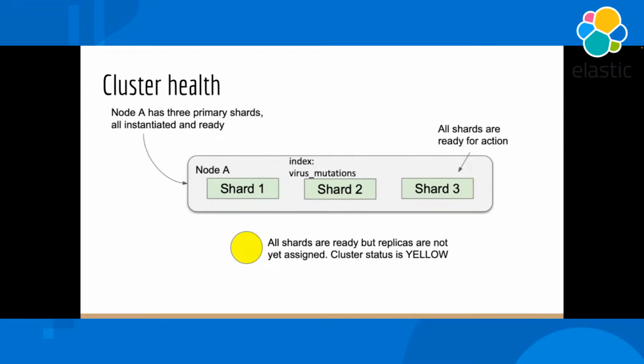Now let's suppose shard 3 has come up after a minute or two. That means your shards are completely ready. However, the expectation here is that you have three shards, but there are no replicas for them. Replicas can never be on the same node, because if node A goes down, the replicas are also going to go down. There's no point in having a backup copy on the same laptop as the main data, right? So in this instance, the status is shown as yellow.